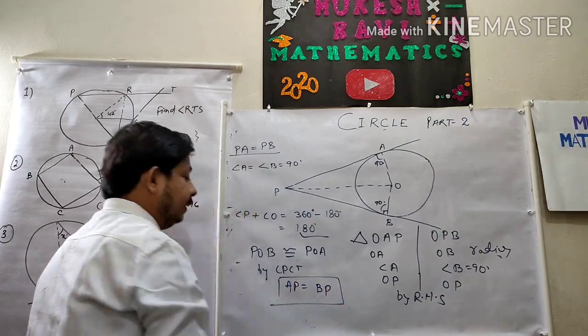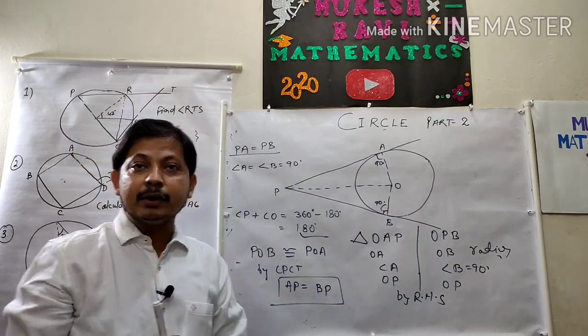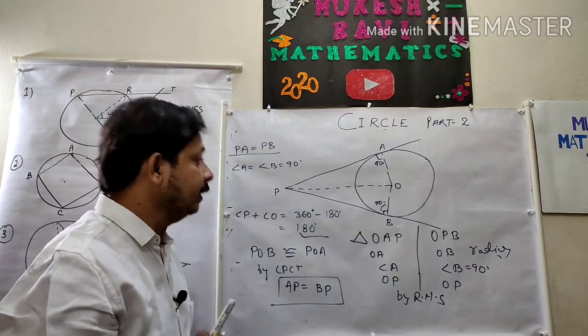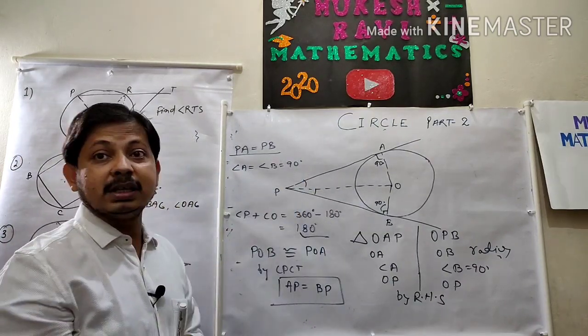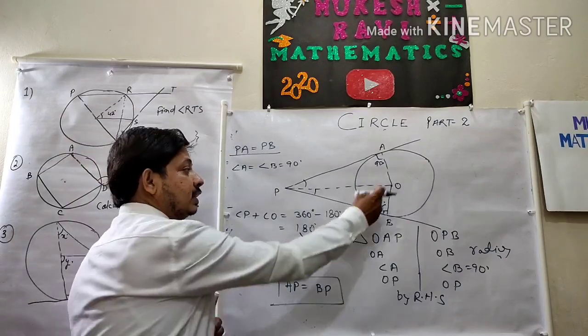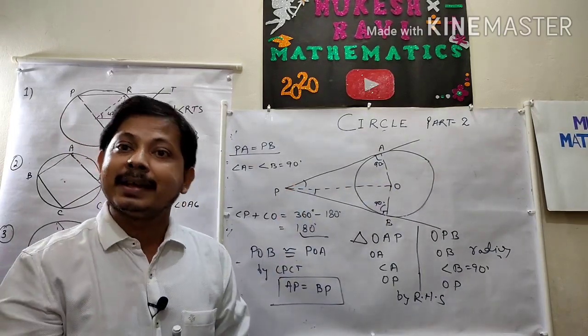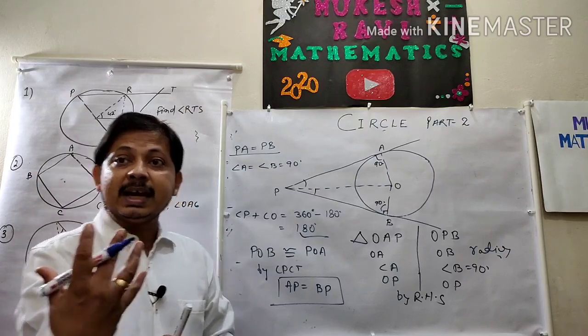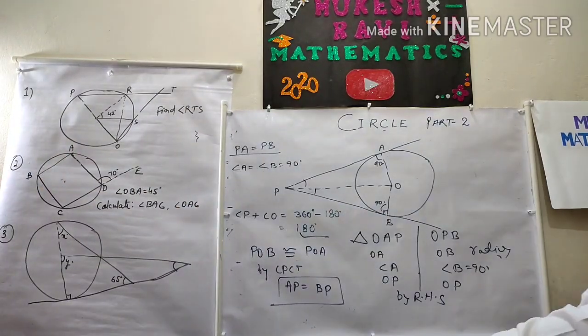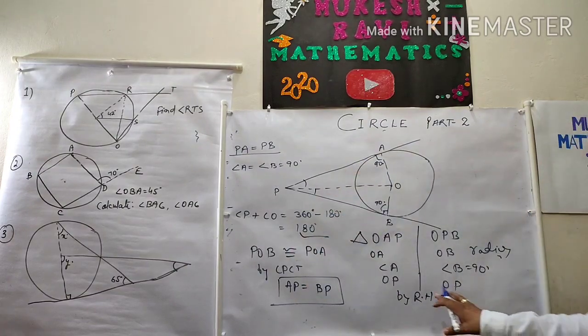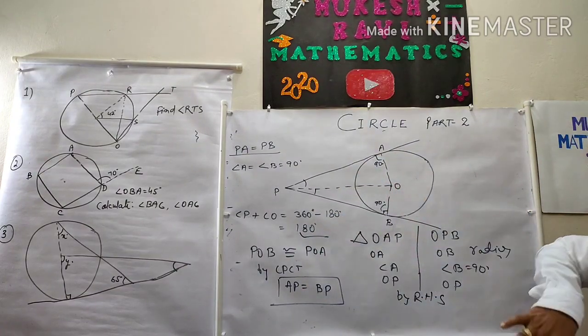Two tangents are equal. So these are your information, and then you can say this angle and this angle are equal by CPCT. So this line is the angle bisector. This way, these are the information about tangent. A very quick response about tangent. So my request, you revise like this.